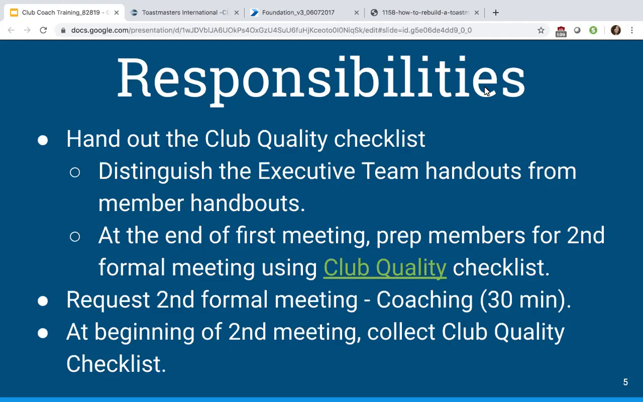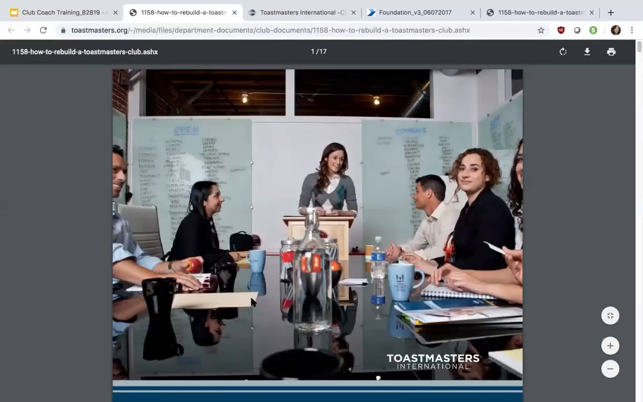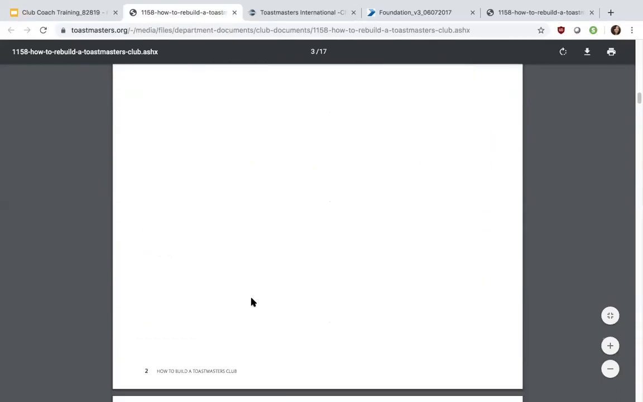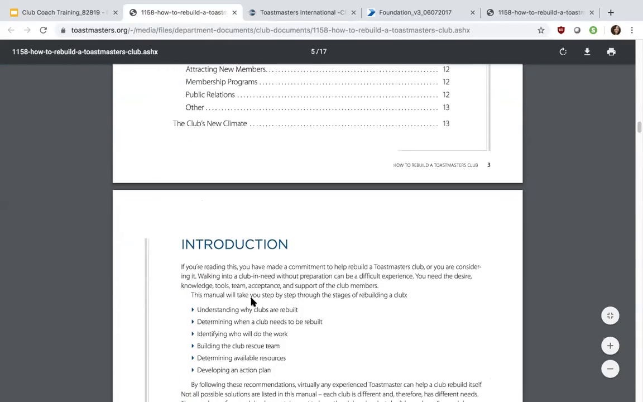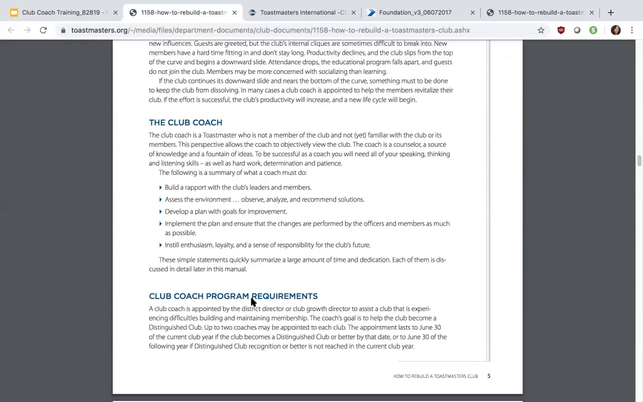If you get the whole 30 minutes, you're going to want to really talk about what the How to Rebuild a Program is and really what is expected of the club. So if we briefly go into the How to Rebuild a Toastmasters Club, you would want to highlight some of the core tenets of it, like the responsibility is the club's, but you'll highlight things like what a coach must do: build a rapport with the club's leaders and members, assess the environment, observe, analyze, recommend solutions, develop a plan